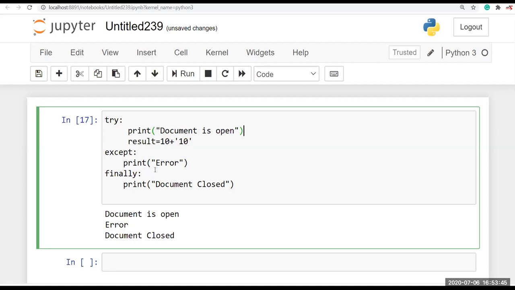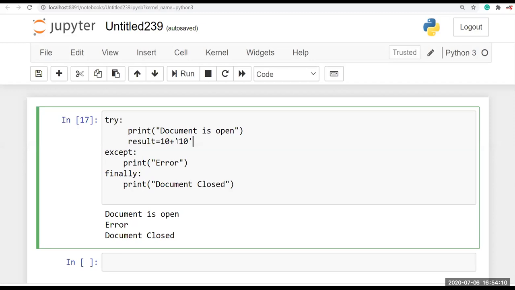Then the document is open, and in the next line it gets an error. If we don't close the document, it will cause problems: anyone can easily crack the file, or we can't open and close the file, or we can't edit the file.